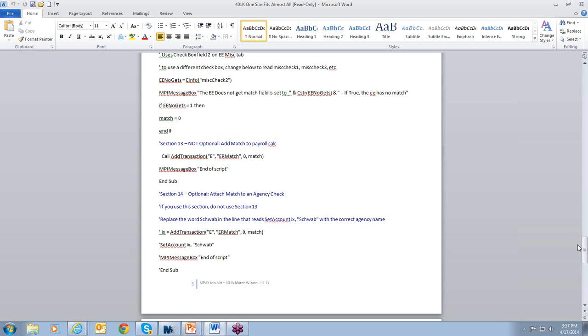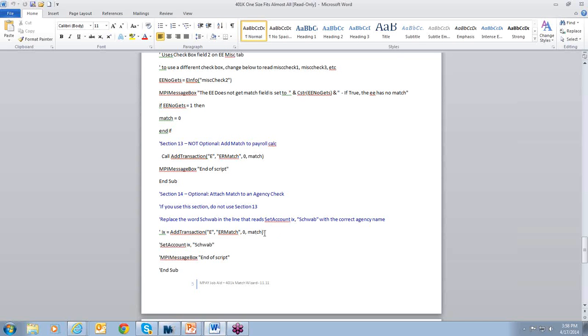There's 2 ways to do it, and that really is dependent upon if you want the 401k match to go to an agency. If there is no agency payment involved, you would use Section 13 and you would get rid of Section 14. If there is an agency involved, you would get rid of Section 13 and you would use Section 14.